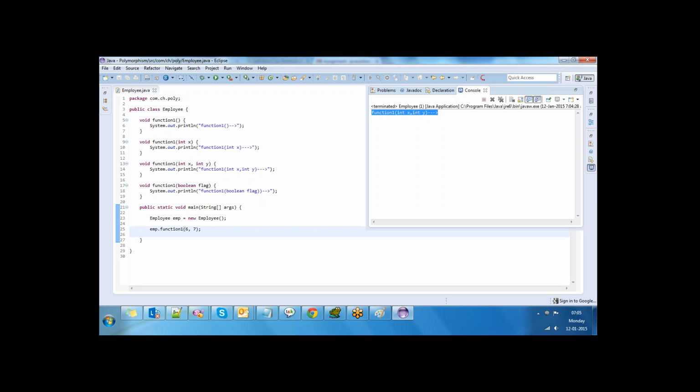So static polymorphism is compile time polymorphism. Here I have 4 methods which have different arguments. When I call the method by creating an object, dot function 1 with parameters, the way it is executed is decided by compile time only. That's why we can call this compile time polymorphism.